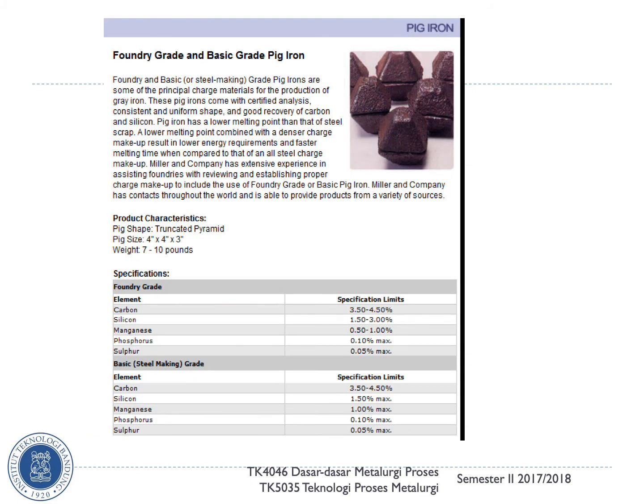Okay, this is a typical specification. For example, for pig iron, a pig or foundry grade iron is a principal charge material for the production of gray iron, and this pig iron comes with a certified analysis, consistent with a uniform shape and a very good recovery of carbon and silicon. So we can see the specification of this. There is a pig shape, size and weight, and also